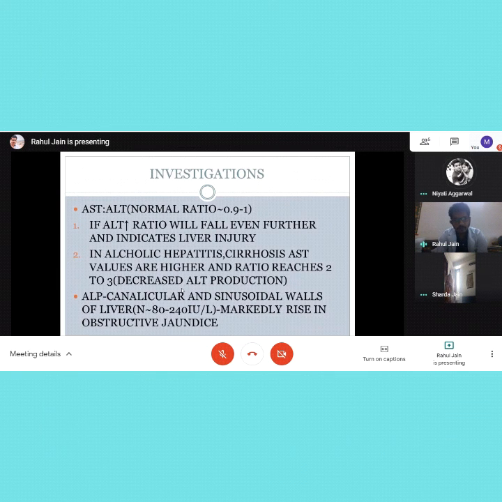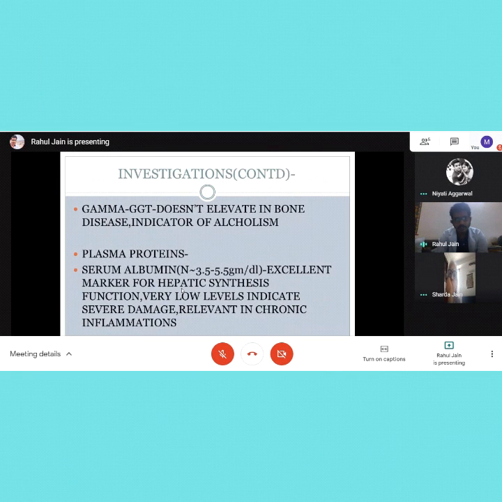So whenever I see specifically only ALP rise and not GGT rise, then I can say it is because of bone disease, not because of liver disease. But when I see GGT also rise, then I'm sure that the ALP rise is associated with a liver problem, not only a bone problem, or maybe there is no bone problem.